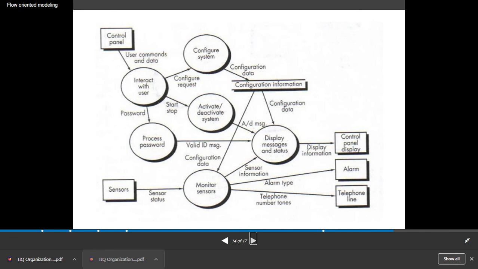So previously there was one particular system, like a sensor gives the input, there is a central bubble which is a software system, and it gives the output. Now every diagram is expanded. So we can see a control panel, and then here sensors, then we have user commands, interact with the user,